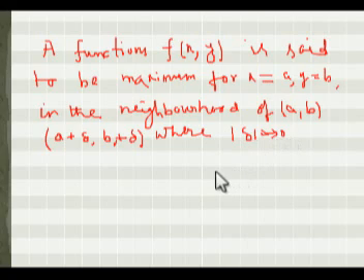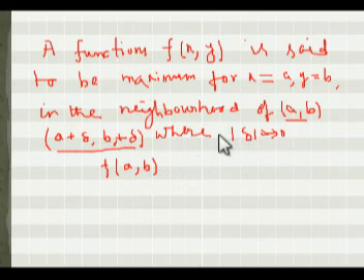In this neighborhood, if the function's values at all the points other than the point (a, b) are smaller than the function's value at the point (a, b), meaning that at (a, b) the function's value must be greater than all the values in the neighborhood of (a, b) of the function f(x, y),